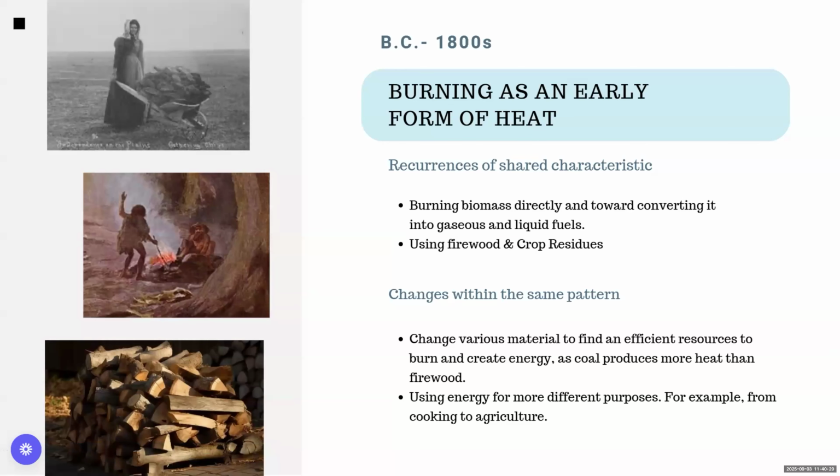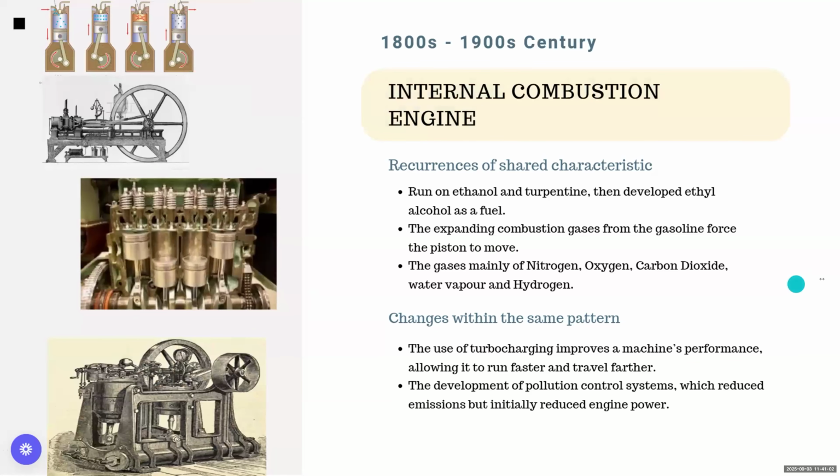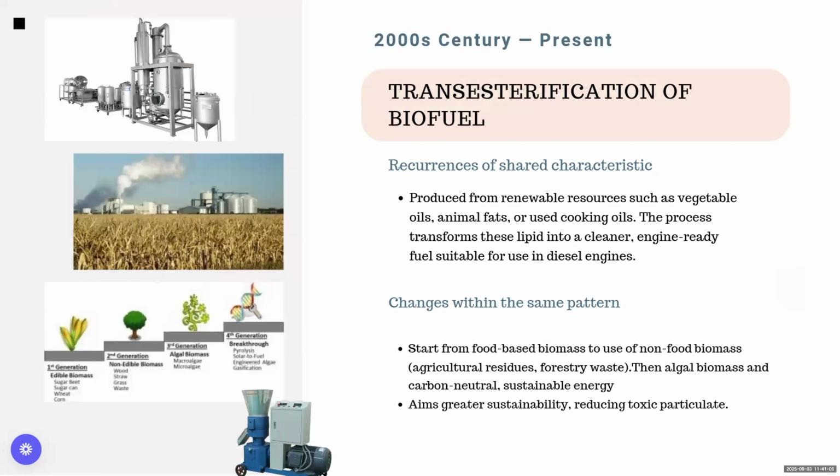Hello, I'm Patra. Today I will present on biomass technology. In the earlier stage, before Christ to the 18th century, people used to burn biomass directly for heat by using firewood and crop residues. Over time, they changed various materials to find an efficient resource to burn and create energy, as coal produces more heat than firewood. They used energy for more different purposes, for example, from cooking to agriculture. Then the next stage